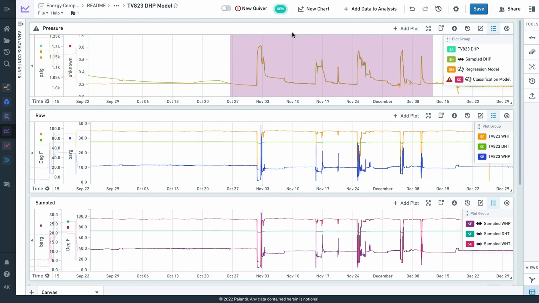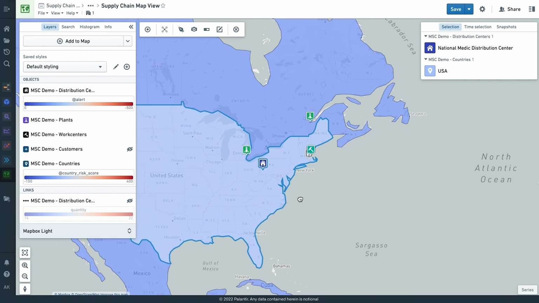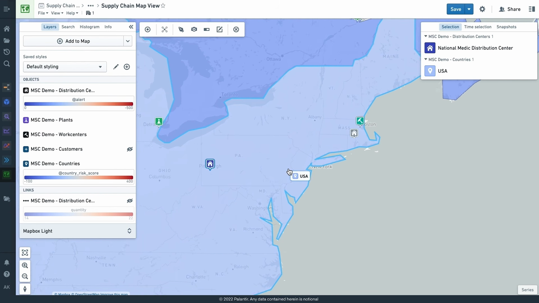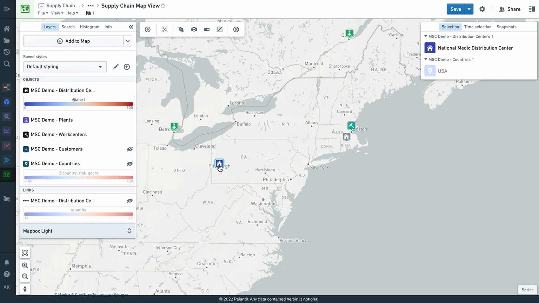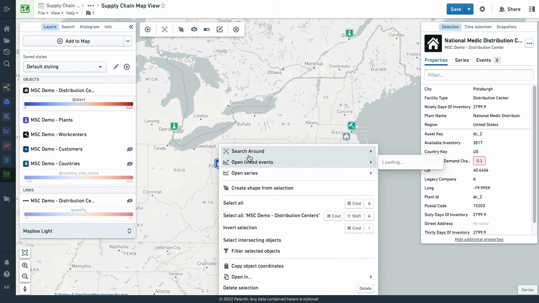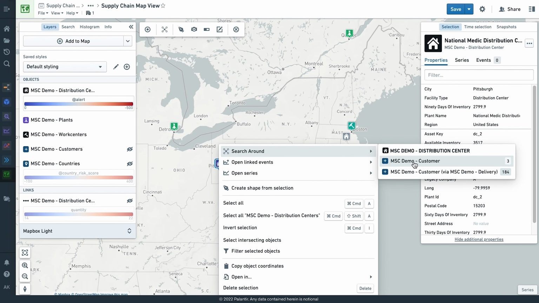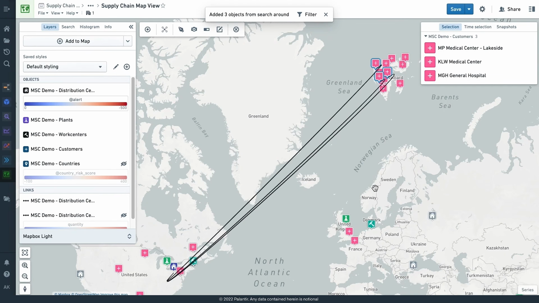If I think geospatially, let's say, not just IoT-centric or object-centric, I might want to use an application like the Foundry Map, where I'm looking at all my plants and distribution centers here, and I can toggle layers on and off as I expect. And I might want to say, let's take a look at this particular distribution center, show me in a graph-oriented manner all the customers connected to this distribution center. And it's going to visualize that here and allow me to explore the different flows or supply or logistics information that might pertain to the dependencies between different objects. And so this is another common view, again, looking at the same ontology just through a different lens.